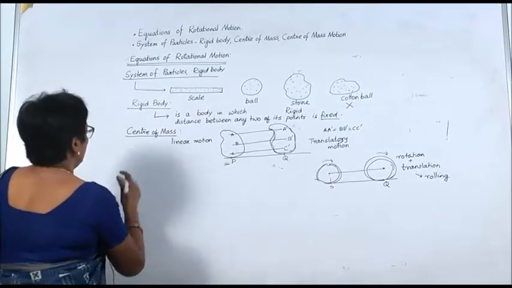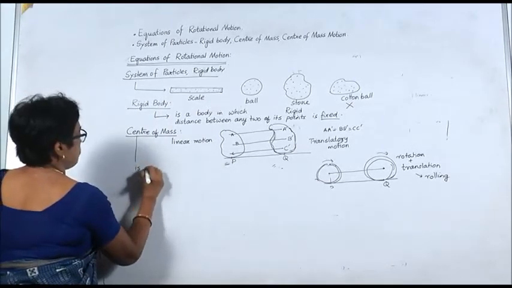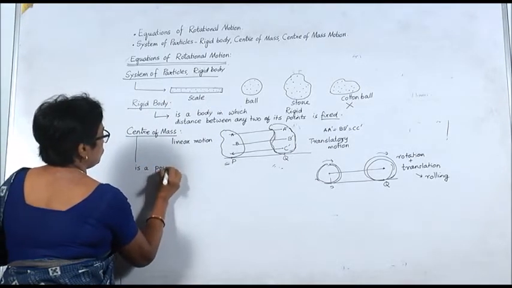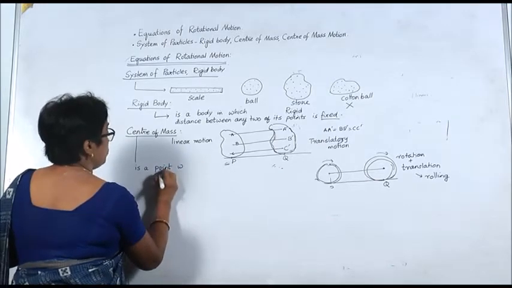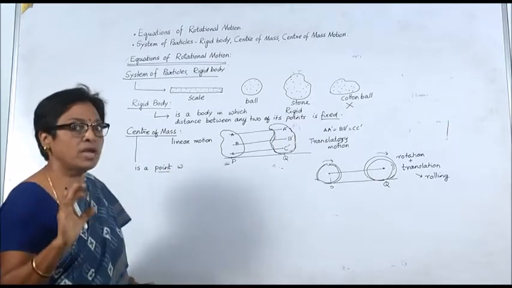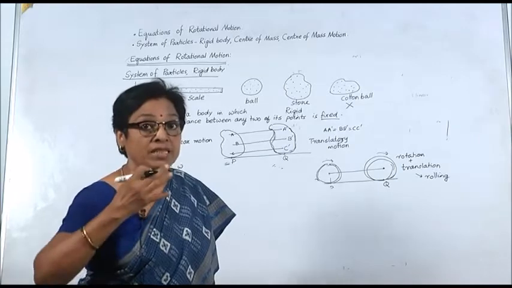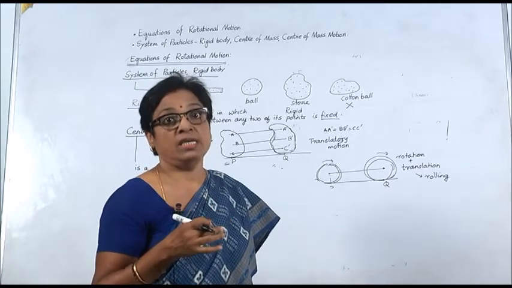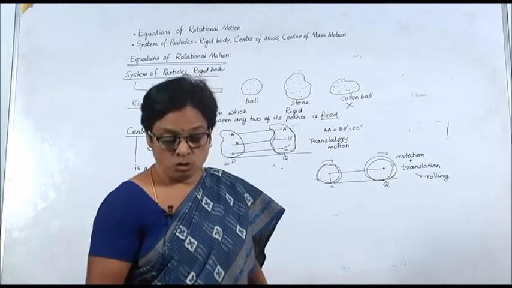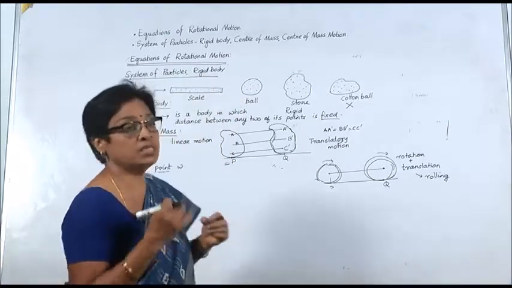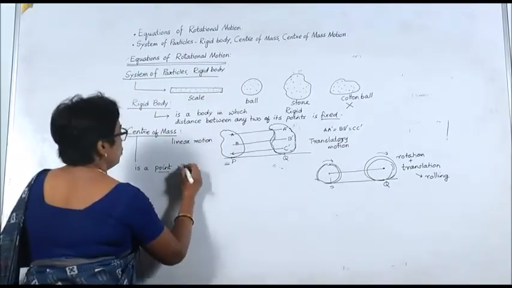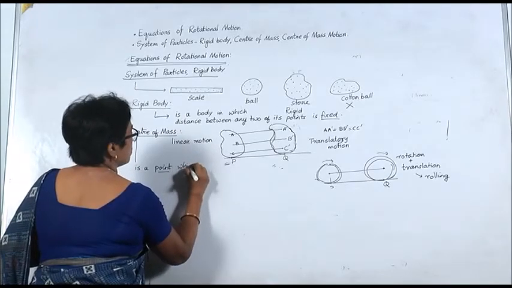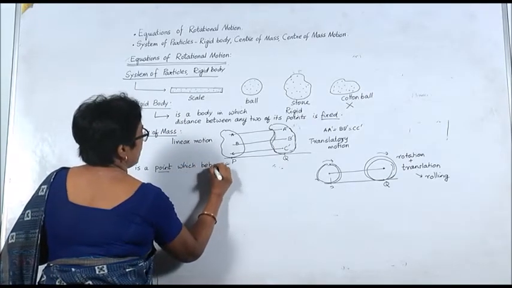It is a point which behaves, actually this is a definition. We are mathematically trying to define something which will make our work easier, to tackle our problems it will be easier. So, it is a point which behaves as if